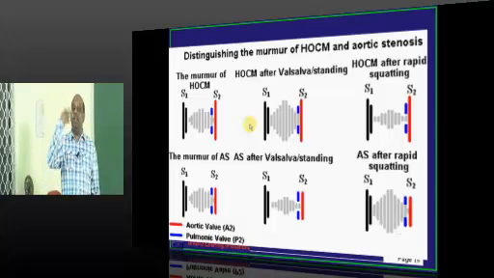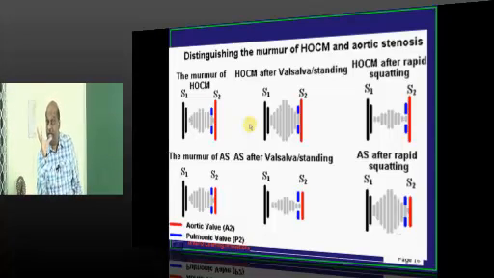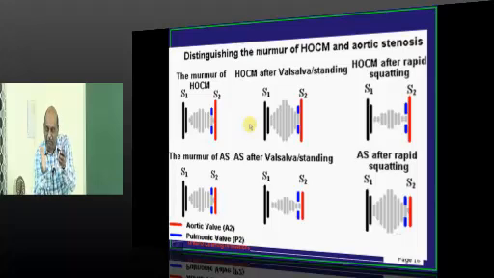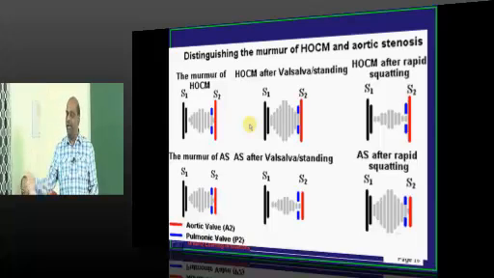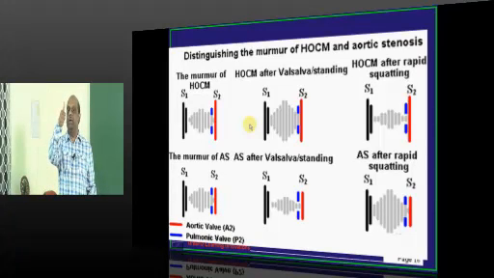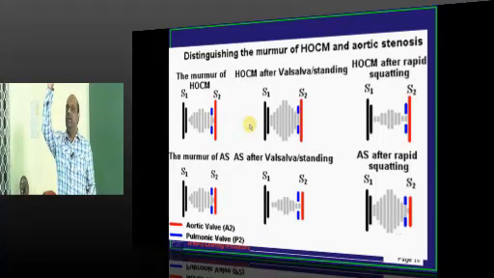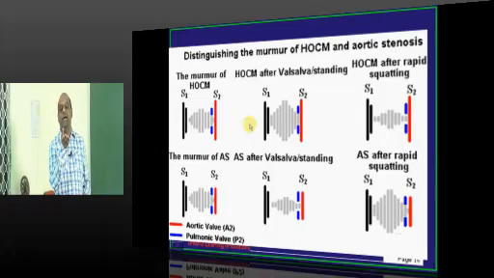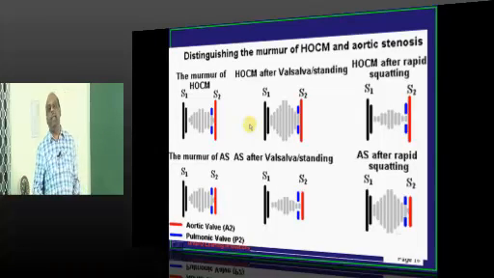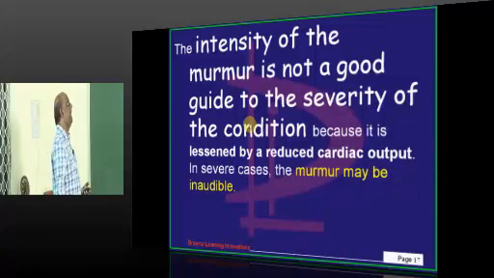But an increased venous return to the heart will increase the chamber size of the ventricle and decrease the touching of the mitral valve with the interventricular septum. So that is the reason the HOCM murmur will decrease, and the aortic stenosis murmur will increase whenever there is increased preload to the heart when the person is squatting, is what you need to basically understand.